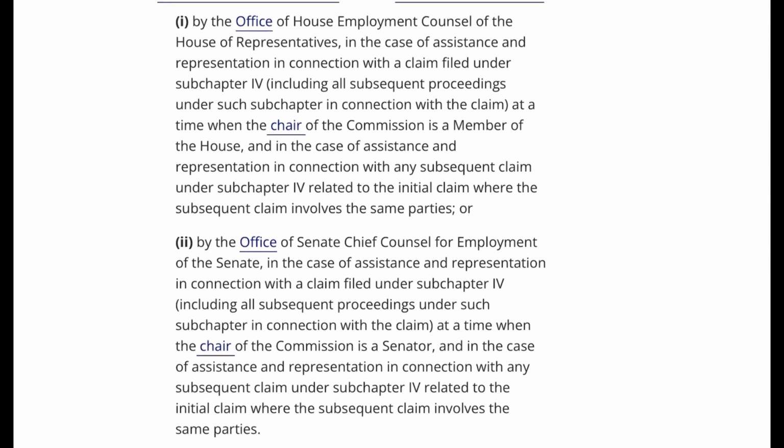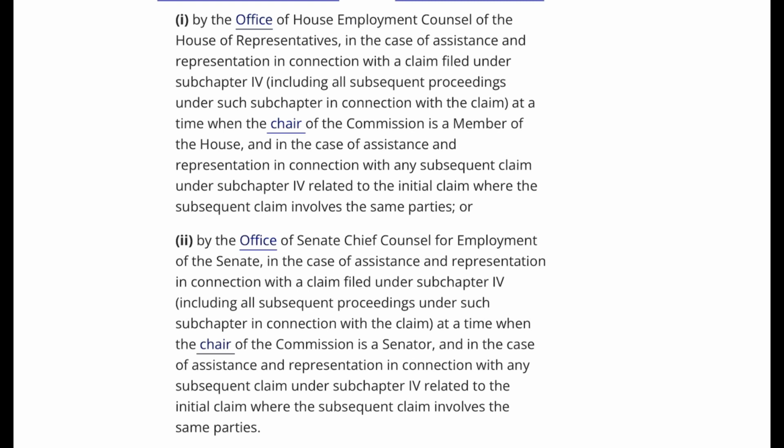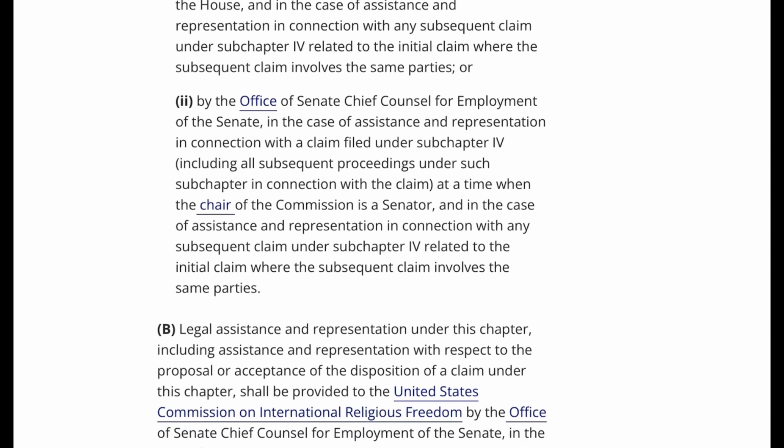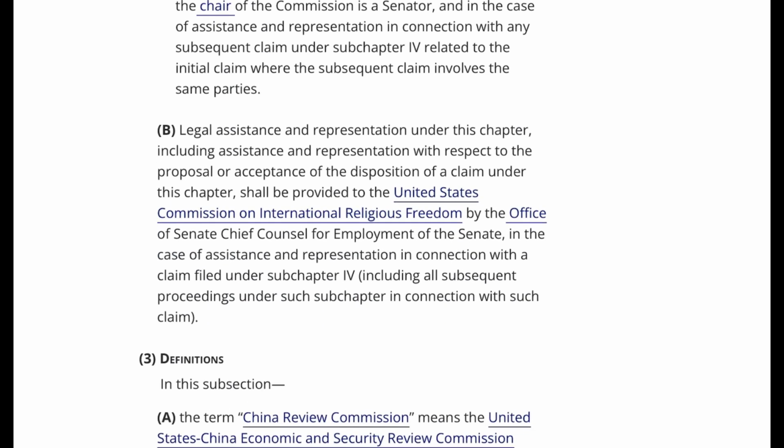by the Office of Senate Chief Counsel for employment of the Senate, in the case of assistance and representation in connection with a claim filed under Subchapter 4, including all subsequent proceedings under such subchapter in connection with the claim, at a time when the chair of the commission is a senator, and in the case of assistance and representation in connection with any subsequent claim under Subchapter 4 related to the initial claim where the subsequent claim involves the same parties. B. Legal assistance and representation under this chapter, including assistance and representation with respect to the proposal or